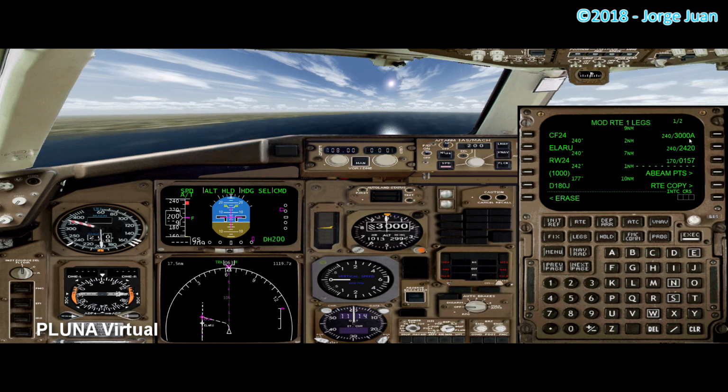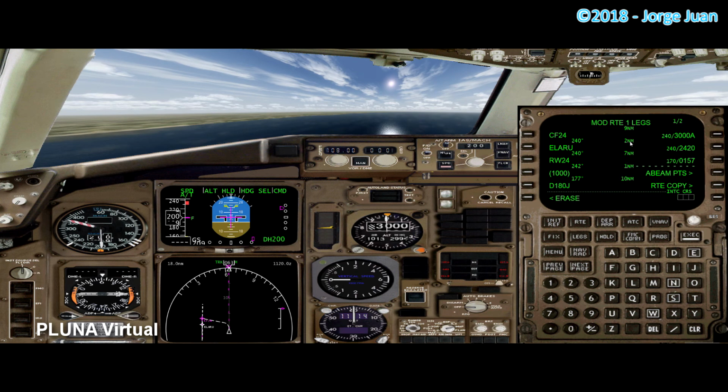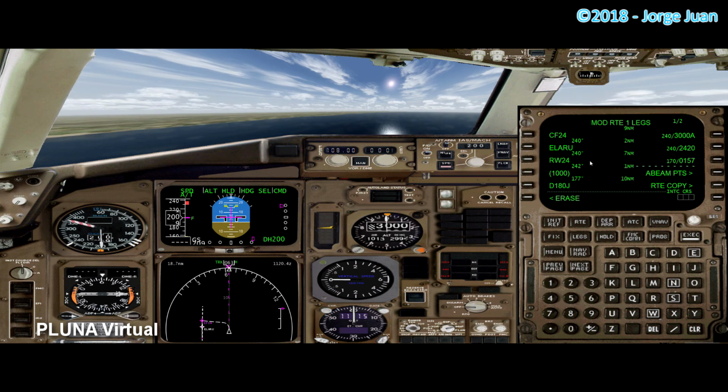But also notice how far away from the airport that point is. It's runway 24. It's 7 miles from this point and 2 more miles, so that would be about 9 miles to the airport. If you wanted to give yourself a little bit more time, which I do in this case because I'm flying the plane, I'm talking, I'm doing other things, I will insert a fix